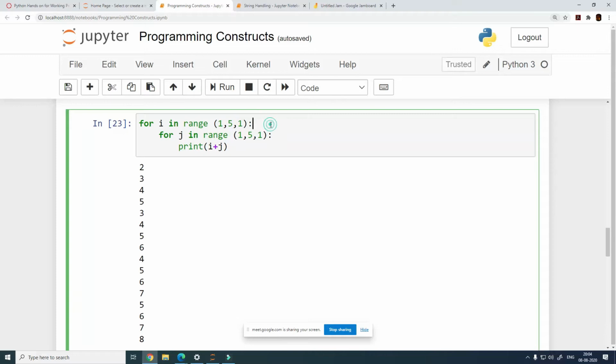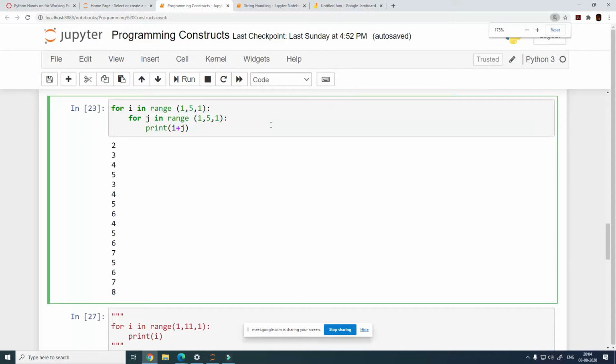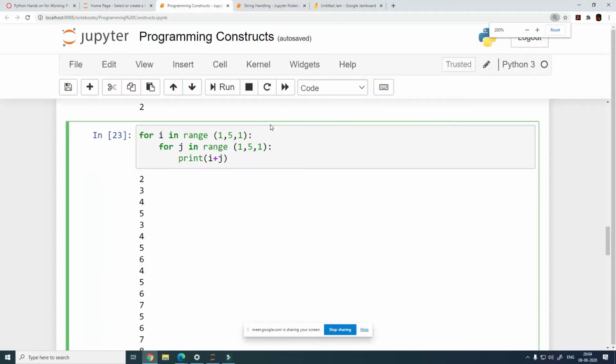Better now? Yeah. Sure. So what happens is you can actually do a dry run to find out what is going to happen. And this is what we were talking about last time. So this outer for loop, for i in range 1, 5, 1, is going to run 4 times, in fact.